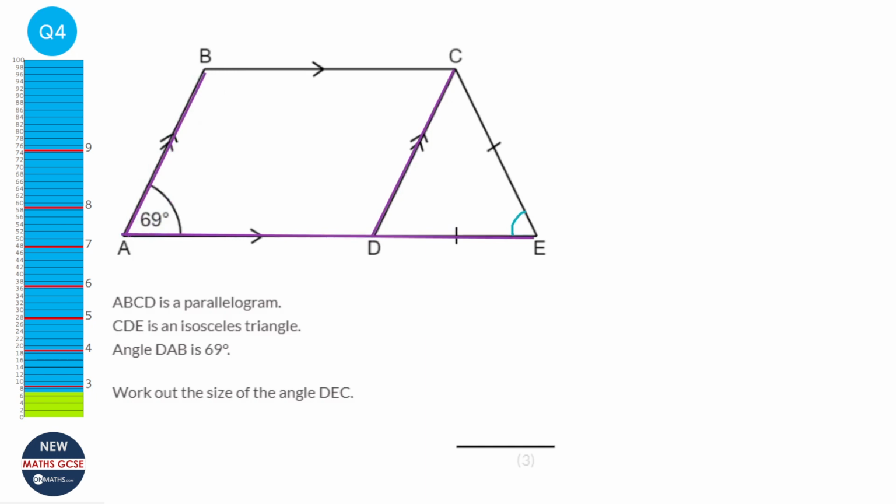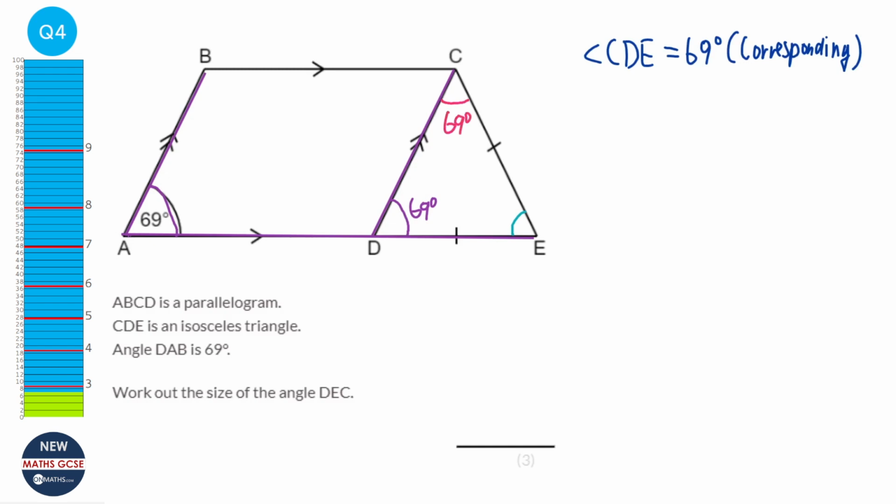And so therefore this angle here and this angle are going to be corresponding. So this is going to be 69 degrees. So I need to write that down properly. So angle CDE equals 69 degrees because of corresponding angles. Okay. So if I know that the CDE is 69, I also will know that this angle here is